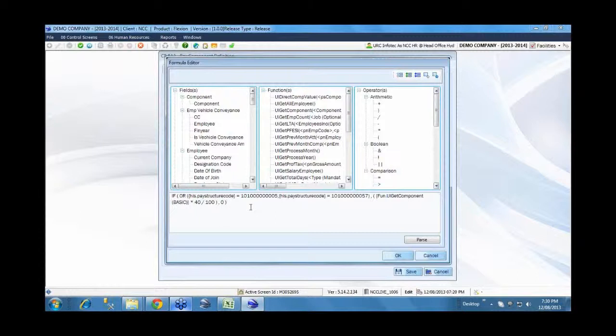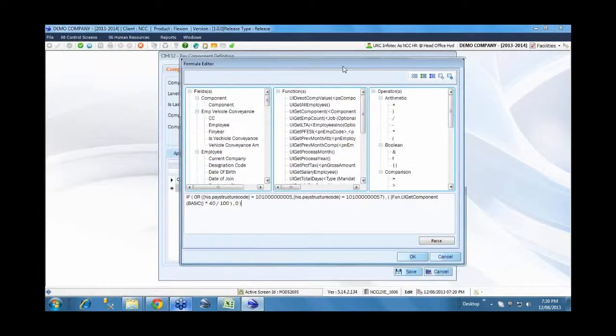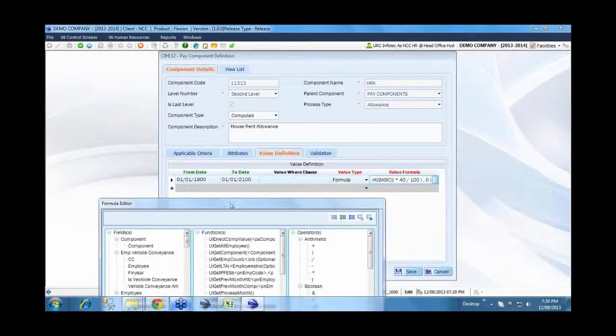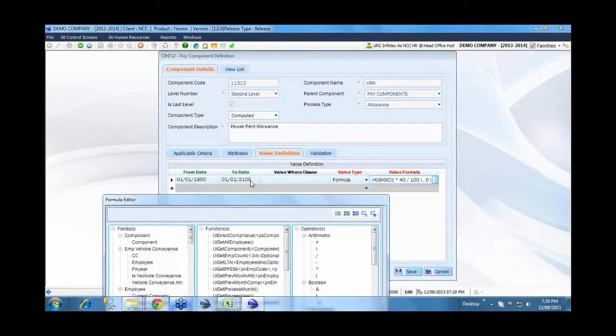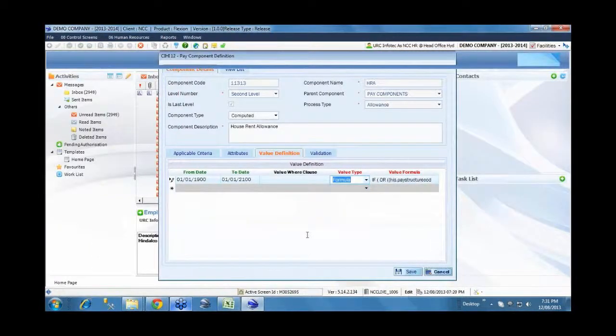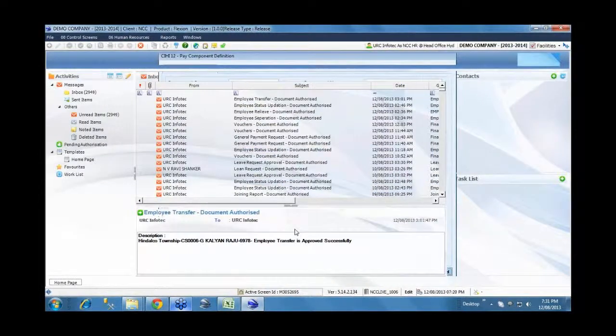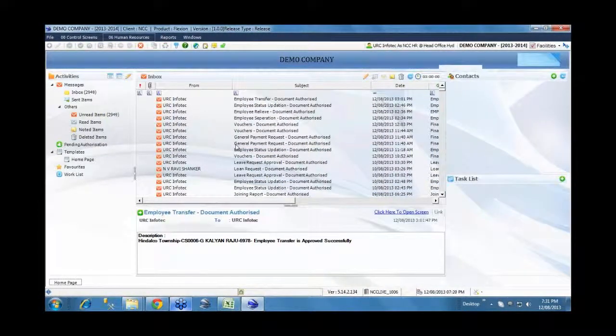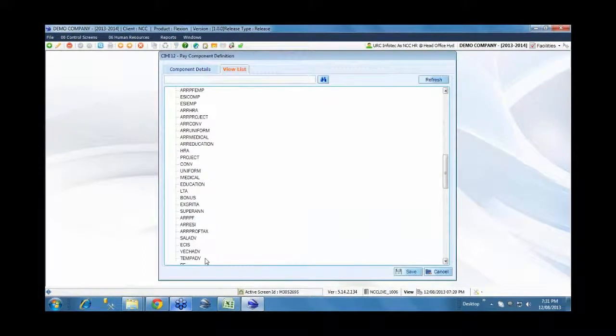Whatever this grade is, how you want to apply the structure to that particular grade, we can define it as a condition here. So this is one aspect. Similarly, we'll see a deduction, another component. Here again we have something called a value where clause, as you can see when we demonstrate the next one. Say we'll take LOP, the loss of pay.